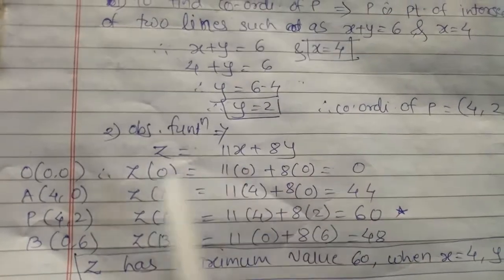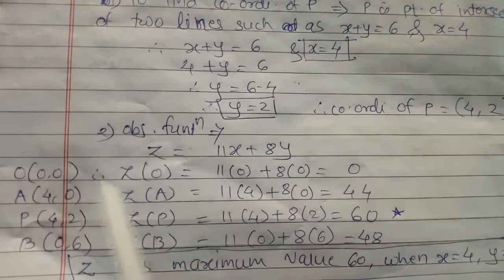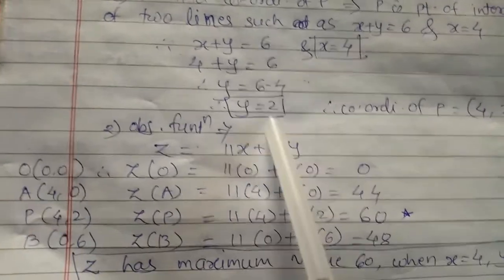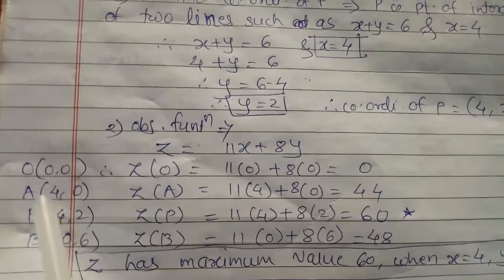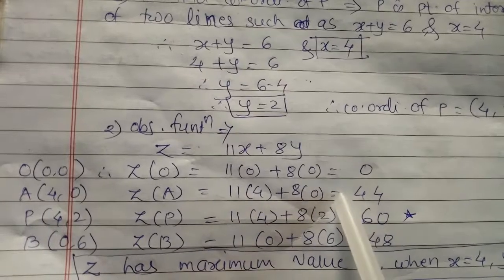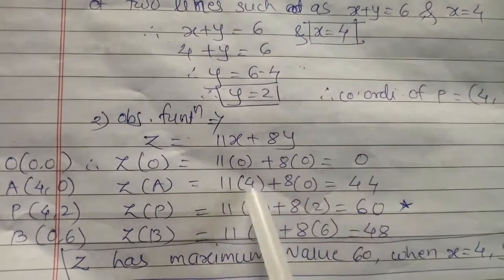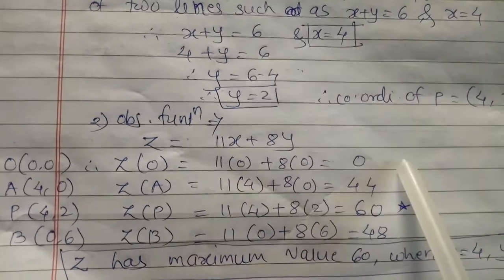So for this x we have to put down the x coordinate as 0, and for y it is also 0. Next, Z of A, that is for point A. In the same equation we have to just put down the values of x and y. So x is 4 and y is 0, and by solving this we get 44, that is 11 fours are 44, here it is 0, here total is 0.